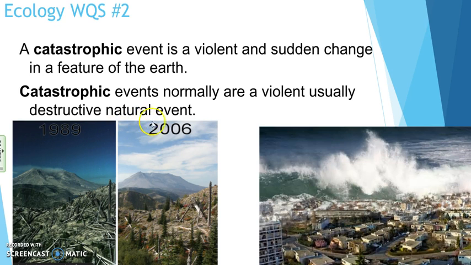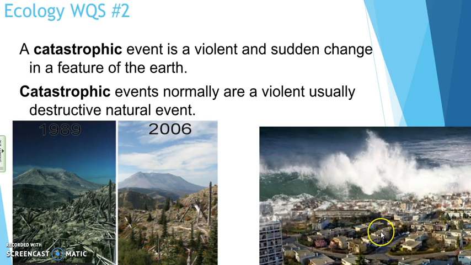Now, about 15 years later, you have something very similar to what you see on the left, but things are starting to grow back. You see that? Things are starting to grow back. Now, the difference between a disturbance and a catastrophic event: a disturbance won't take long to bounce back. A catastrophic event, such as Mount St. Helens, is going to take some time. Here you have a before and after picture, and it looks like it's just barely growing back.